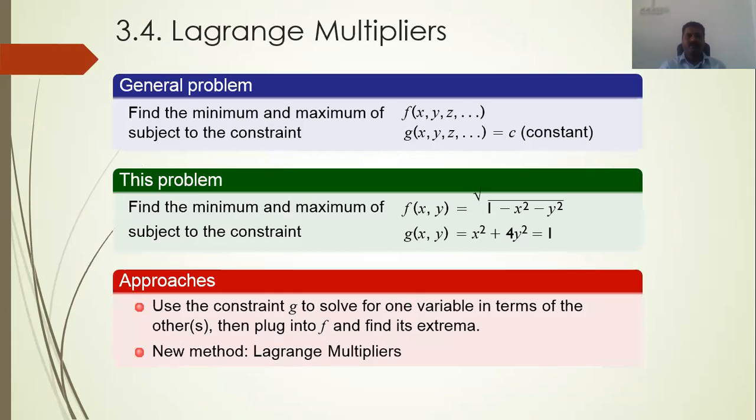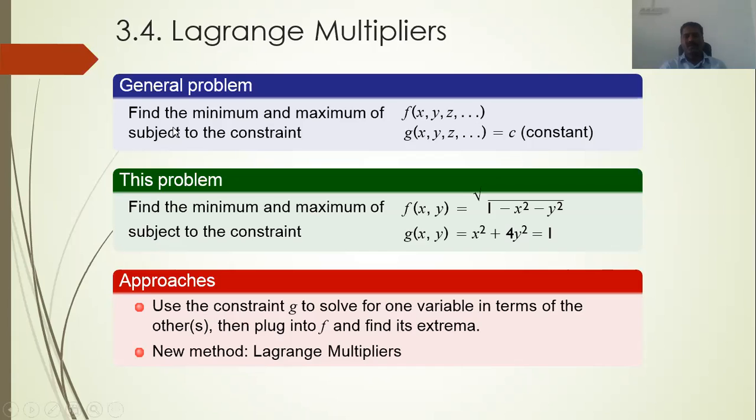So now, if I want to formulate this mathematically, I have to optimize with respect to that red topographic map, right? So this problem is: find the maximum and minimum of f(x, y) equal to root of 1 minus x square minus y square, subject to the constraint x square plus 4y square equal to 1. The red path, its contour is an ellipse over there, right? Or in general,